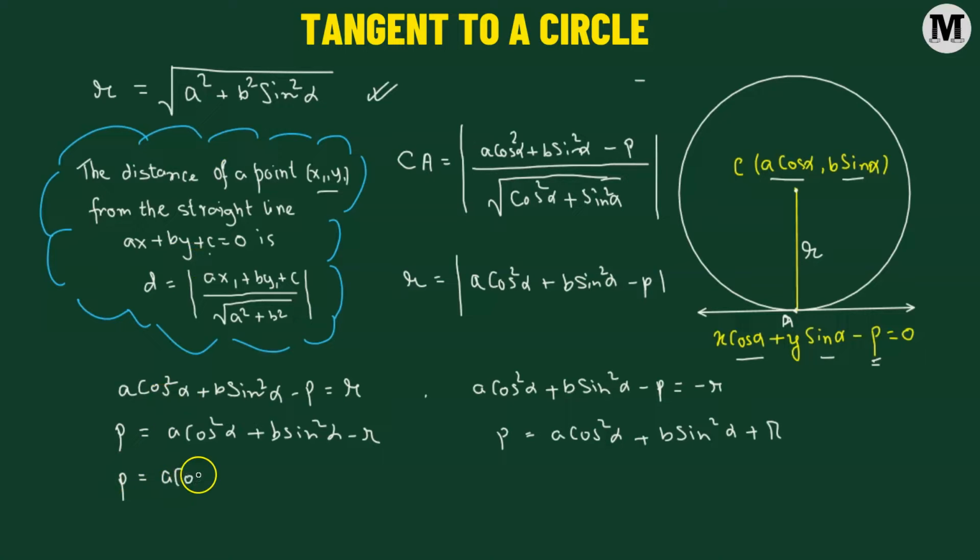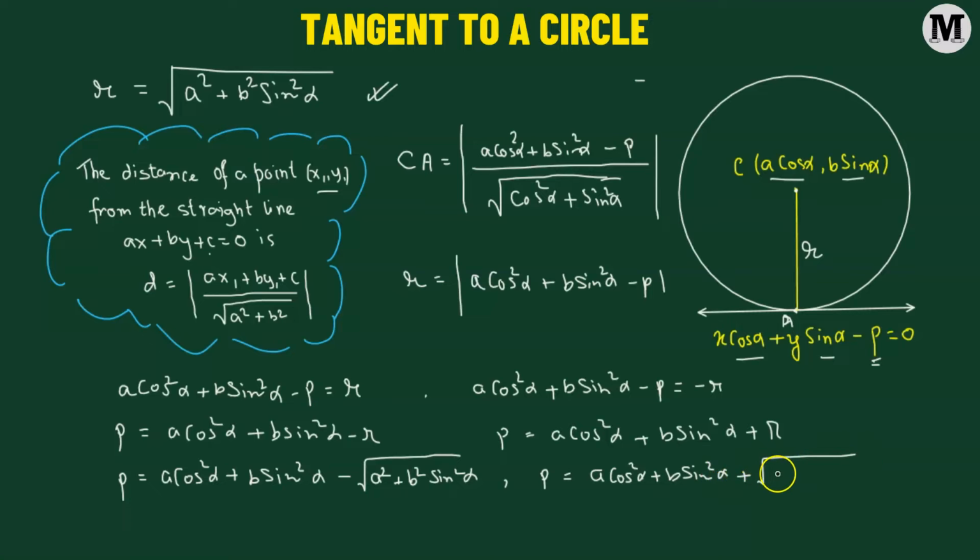We have a cosine squared alpha plus b sine squared alpha minus the square root of a squared plus b squared sine squared alpha. And the other value of p will be a cosine squared alpha plus b sine squared alpha plus r. So r will be replaced with the square root of a squared plus b squared sine squared alpha. Fine. So we have successfully obtained the value of